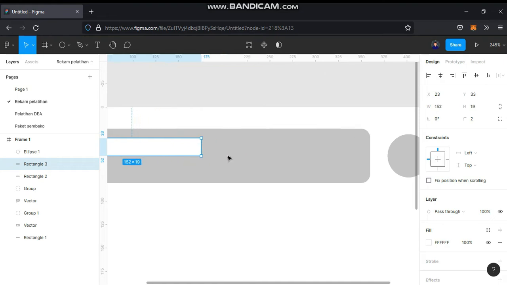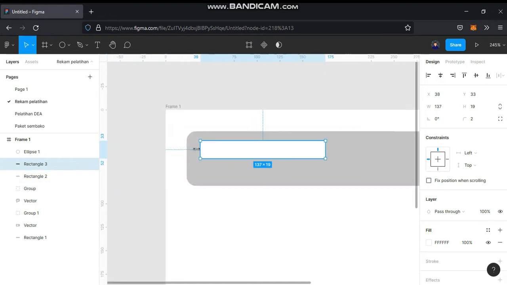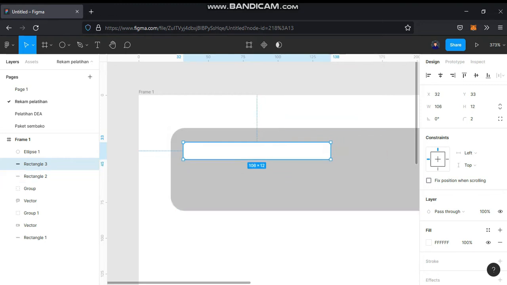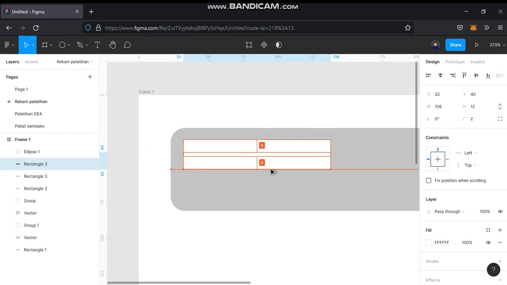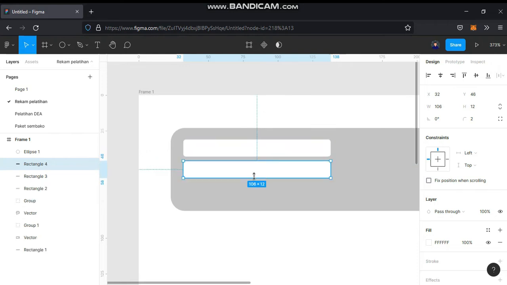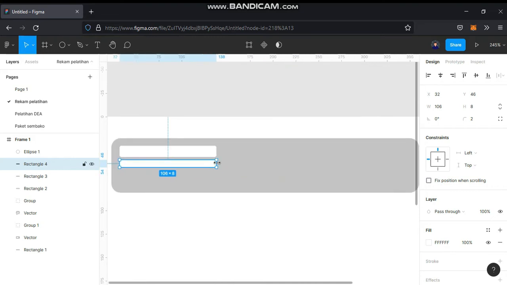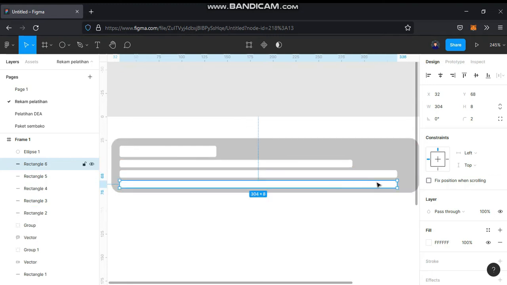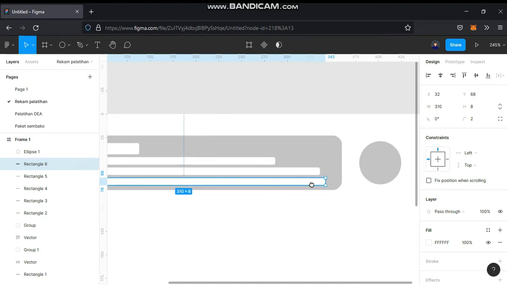You can do this. We make three lines in the message illustration.